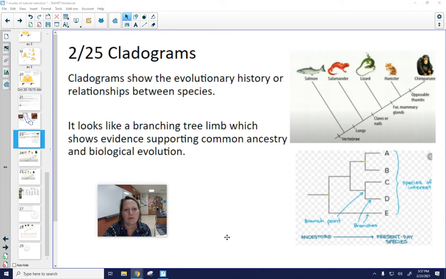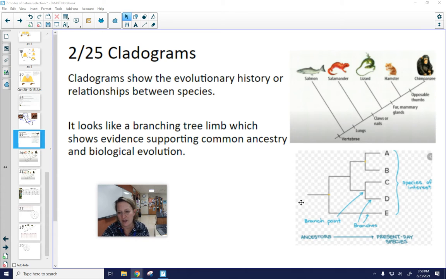Today we are going to learn about cladograms. Cladograms are a way to visually look at how things are related to each other and the evolutionary history of the different species. So cladograms look like a branching tree limb, and there's two different types of cladograms that I